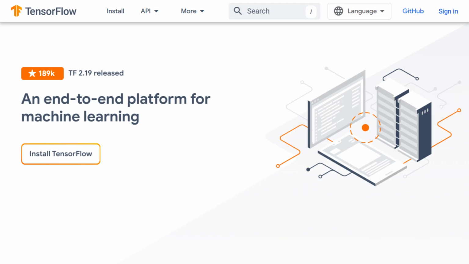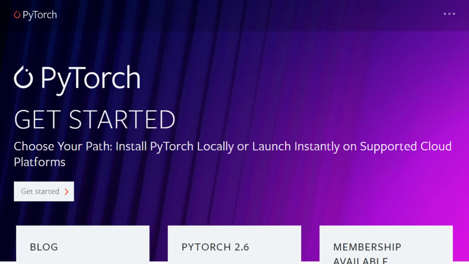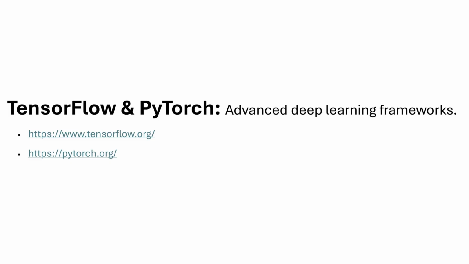It offers a comprehensive ecosystem of tools and libraries, enabling developers and researchers to design, train, and deploy ML applications across various environments. PyTorch is an open-source machine learning framework developed by Meta's AI research team. It provides a flexible platform for building and deploying machine learning models, particularly in areas like computer vision and natural language processing. While they share the common goal of simplifying neural network development, they differ in their approach, strengths, and